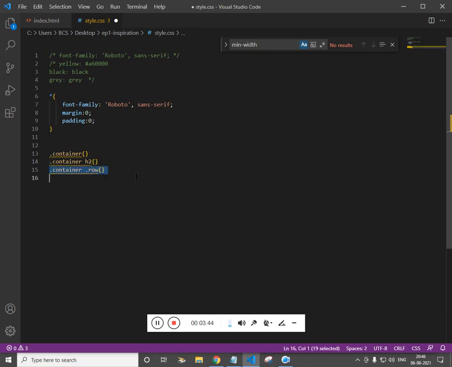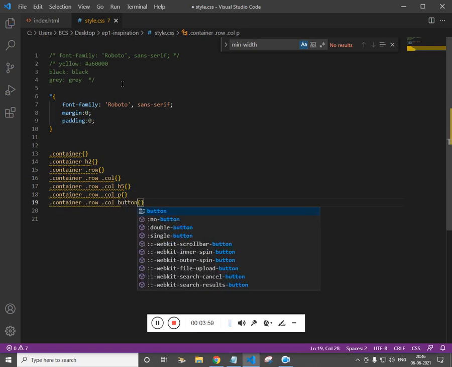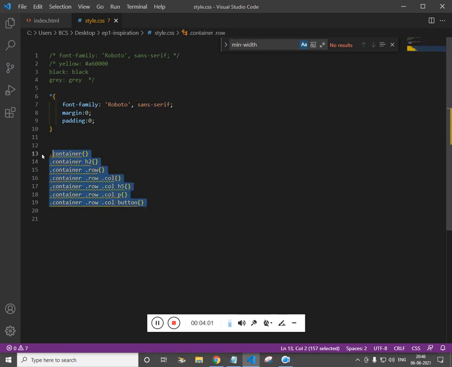And on the row we have column, and inside the column we have h5, and inside the column we have paragraph, and inside the column we have button. So this is the hierarchy we need to follow in order to avoid CSS crossover or CSS overriding.